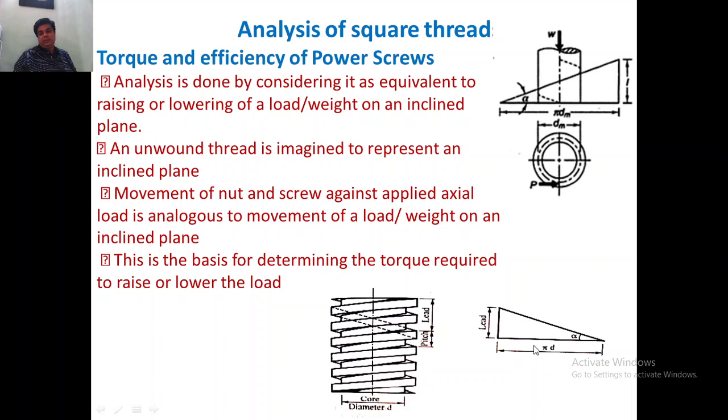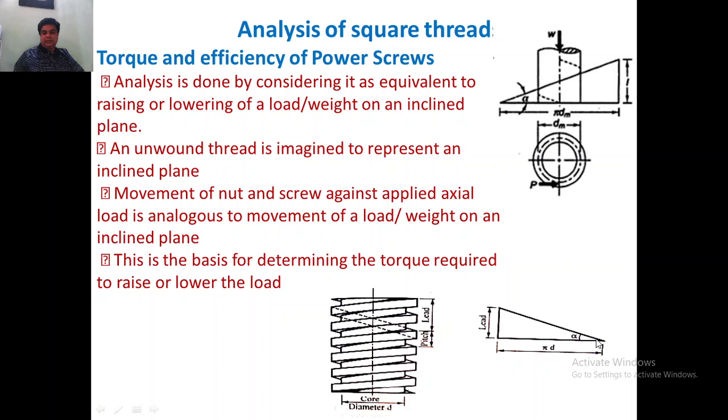So after developing the cylindrical part of this screw rod, we will get this horizontal dimension as 2 pi r or pi d, and the height will be equal to the lead or pitch. So this is the inclined surface of the thread here. Since the threads are inclined to the axis or the horizontal, this thread face will become the inclined